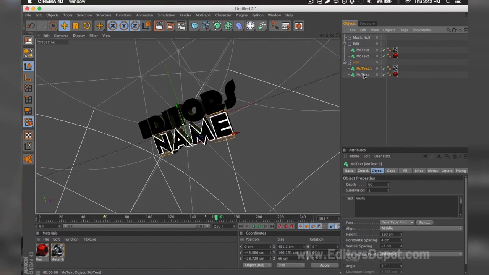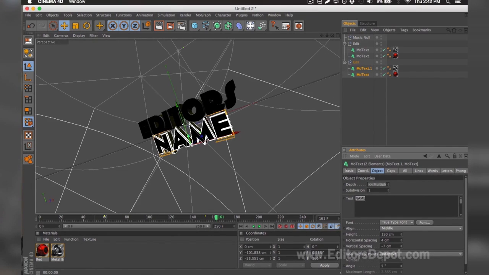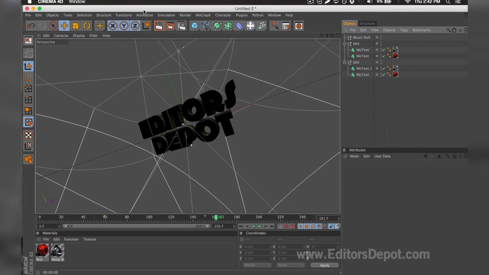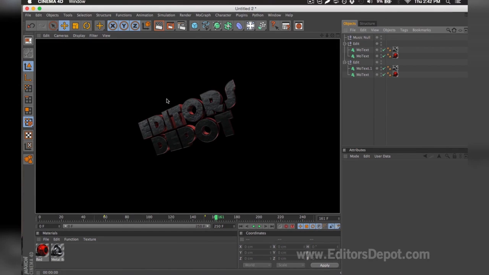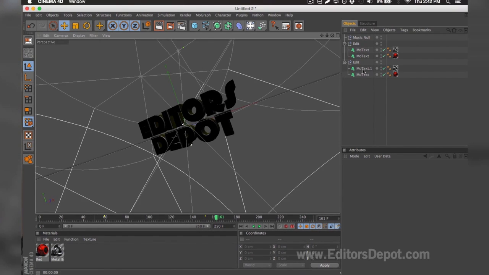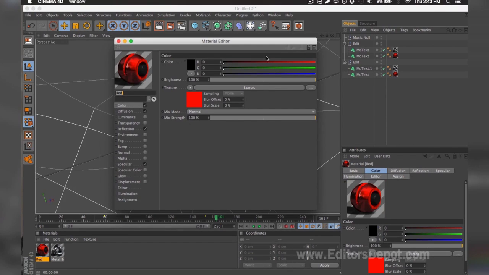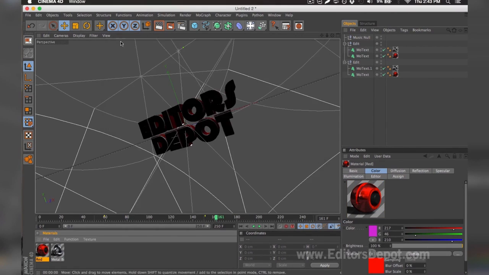You do the exact same thing for the bottom layers. I selected both at the same time. I'm going to replace it with Depot. Once I go ahead and render preview, it looks amazing and I'm happy with it. I'm 100% happy with the colors because it's red and Editors Depot is red, but if you're not happy with the colors, you can simply come down below, double click it, and make any modifications you wish. Whether it's make it green, make it blue, or blend it all together and make a little purple. I'm going to go ahead and keep it this way,